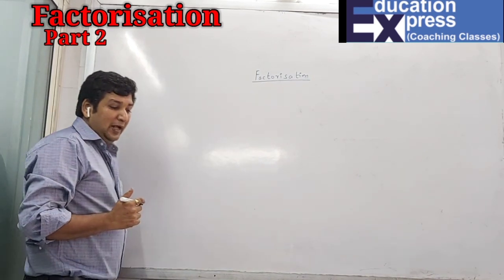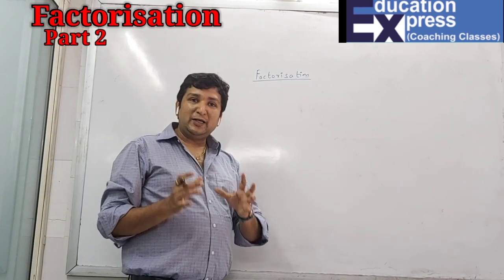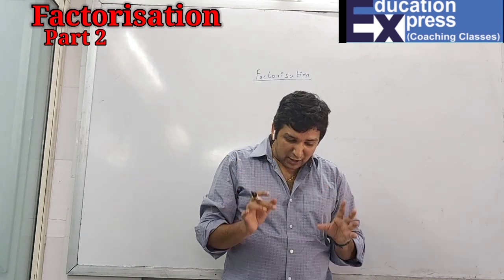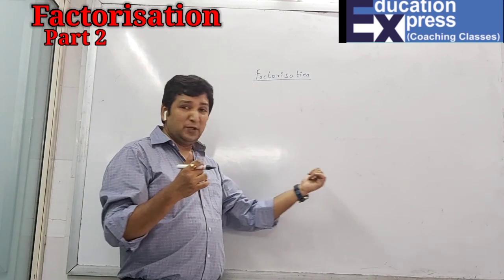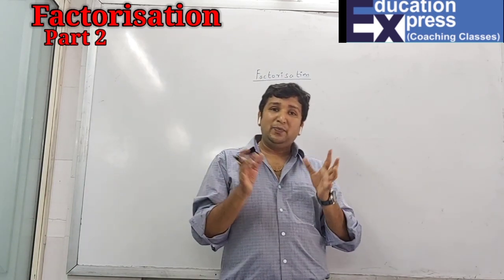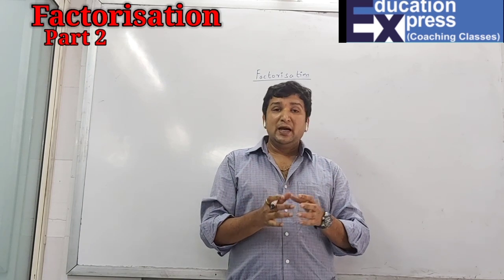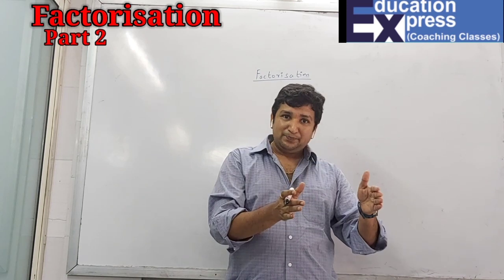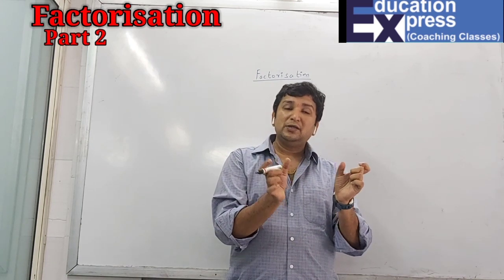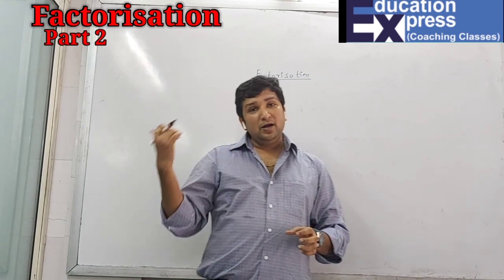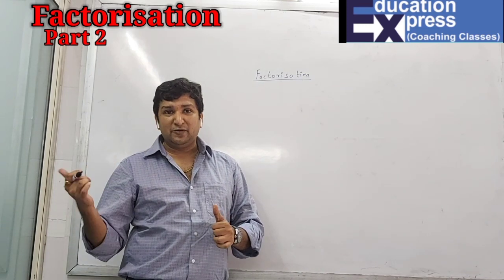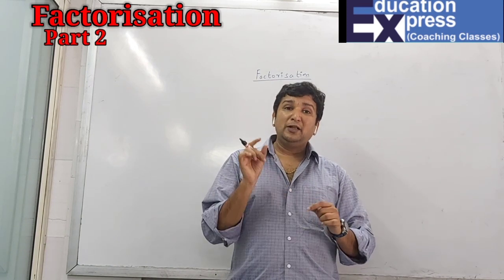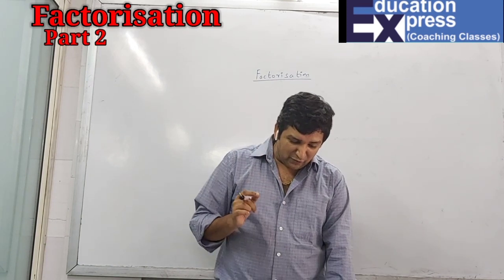As of now, I will do first the sums which are with respect to the product of the extremes being positive. As I've explained in this explanation sheet, when you have the product of the extremes, it will be either positive or negative. In positive, both the numbers which you split, that means the two parts, will have the same sign. And when the product of the extremes is negative, they'll have plus and minus. So as of now, we'll just talk about where the product of the extremes is positive. So I'll start with the first sum.